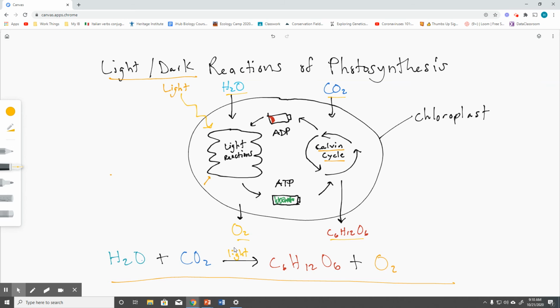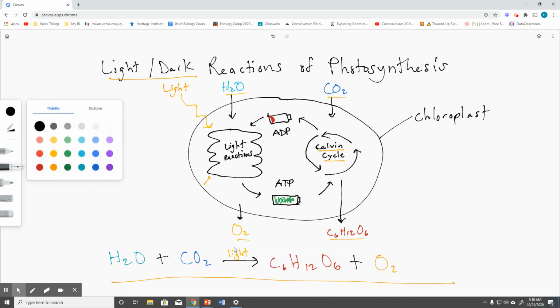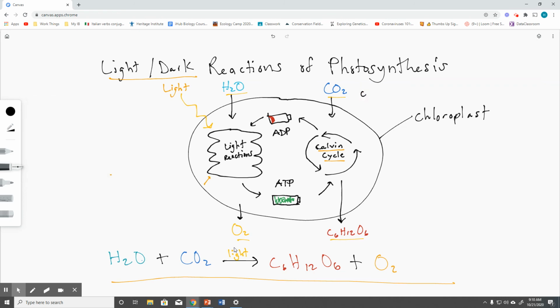All right, cool. So that might be kind of confusing. So I just want to give you one last thing, which is an analogy, for the Calvin cycle, for the dark reactions. I think I mentioned this before, but I like this analogy. CO2 is going to be like cake mix. And the sugar, that's the whole goal of putting cake mix together, is to make a cake, right? And the Calvin cycle is like, let's say, the oven, right? But the oven needs power. The oven needs electricity to turn on. And so we get that electricity from ATP. So this ATP is like electricity,